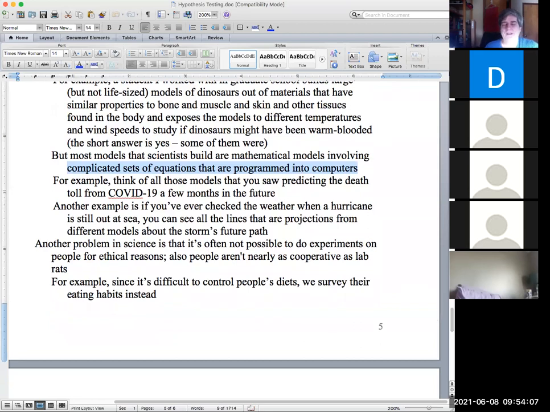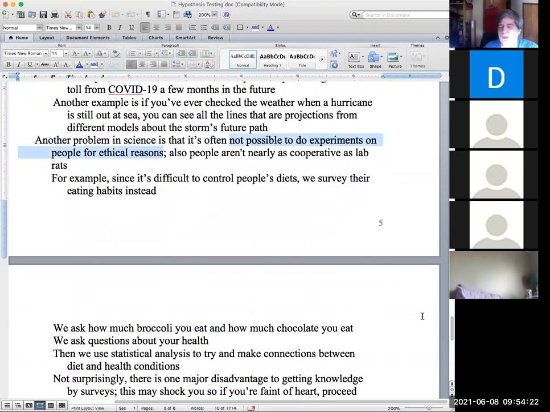So a lot of things that we study now are studied using models. Now, I mentioned that usually we can't do experiments on people because of ethical reasons, and people aren't very cooperative. So what do we do? We do a survey. Since I can't control your diet, one way I could find out if certain types of